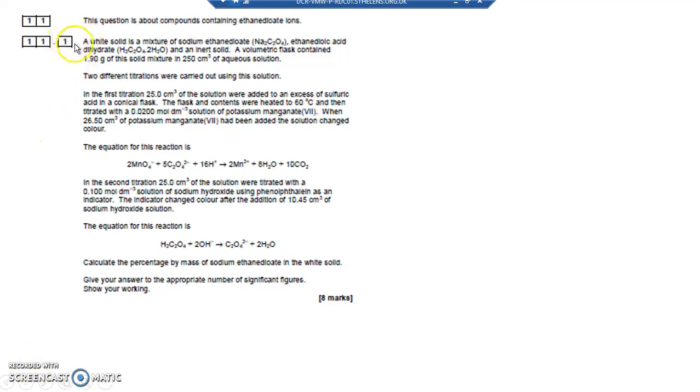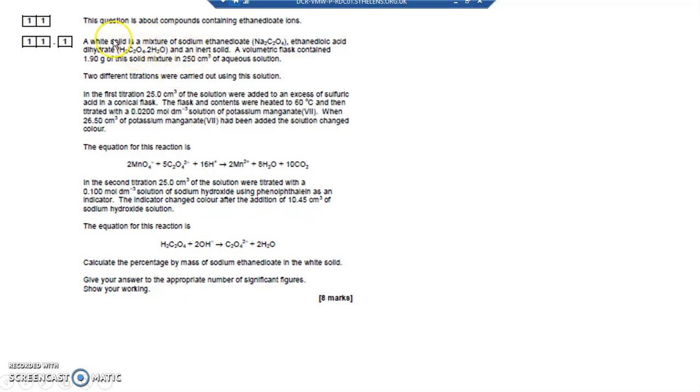Question 11, probably the hardest question on the paper. This question is about compounds containing ethanedioate ions. So an ethanedioate ion is C2O4 and it's a 2- ion. We know it's a 2- ion. It shows you it here, C2O4 2-, and it's in this C2O4 as